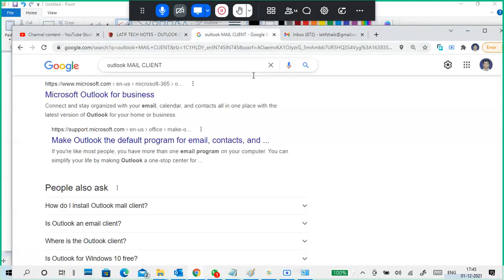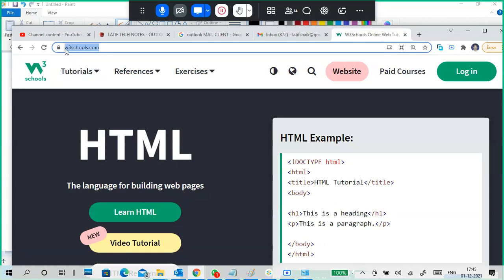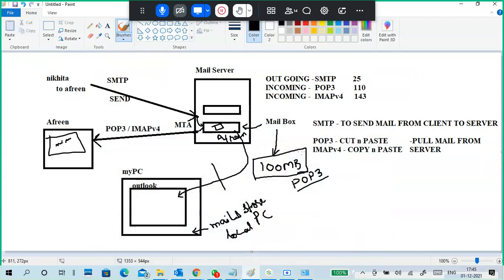This is any website. If you open some website, here I have opened W3Schools, for example. Okay, this is a website. If you see HTTPS, normally web pages work with HTTP only. Why is the S there? Because normal HTTP won't give you security. HTTP stands for Hypertext Transfer Protocol, used for web page access.